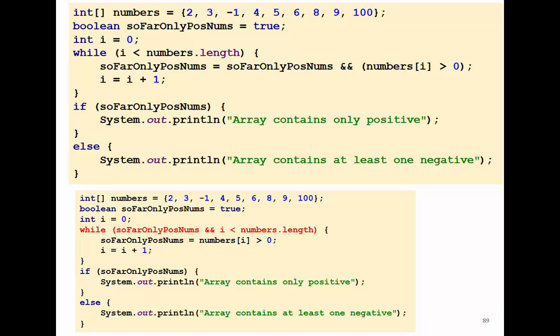It gives you an indication of how efficient you are in using the computation resources. Okay? So in the first implementation, regardless of whether you find the negative element at index 0, you have to visit all of them. But in the second implementation, that's not true. Once I find a negative element, I will immediately exit from the loop. I can do this with a for loop with a break statement. So if the condition is violated, I break, I exit from the for loop. Any question?